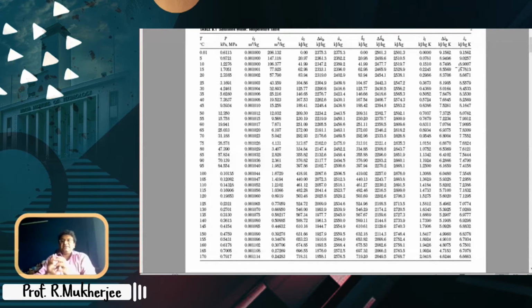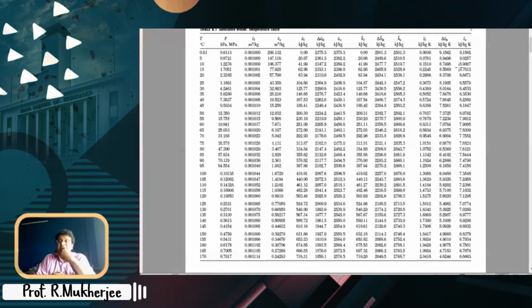So what exactly is a steam table? A steam table is a lot of data for water at different conditions, and primarily it talks about steam. And you might know that steam can exist essentially in two forms. One is saturated steam, that is at 1 atmospheric pressure. If your steam is at 100 degrees centigrade, that's saturated steam. But if at 1 atmospheric pressure your steam is at 150 degrees centigrade, then it is called superheated steam, right? So everybody understands this.